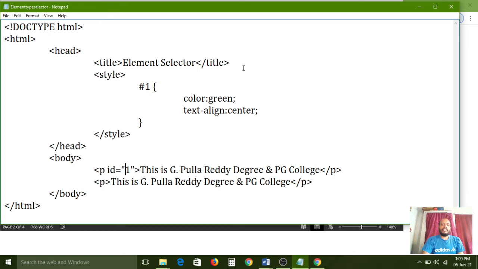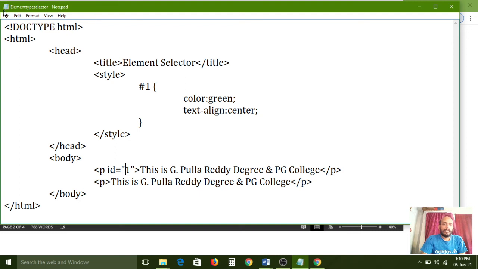Based on this, these two properties are applied to this line only, because by using the id attribute it can be uniquely identified. Even if you use 100 paragraphs, it cannot apply to them, because it is uniquely identified in the web page, in the complete website.